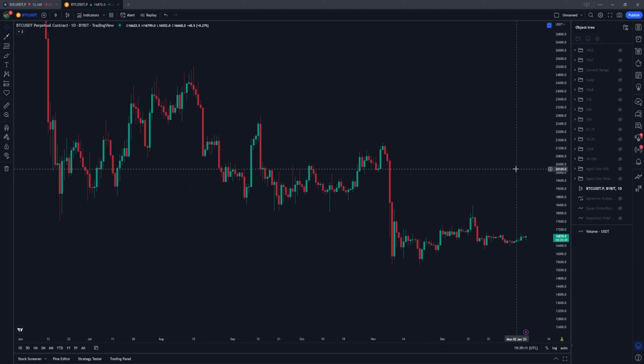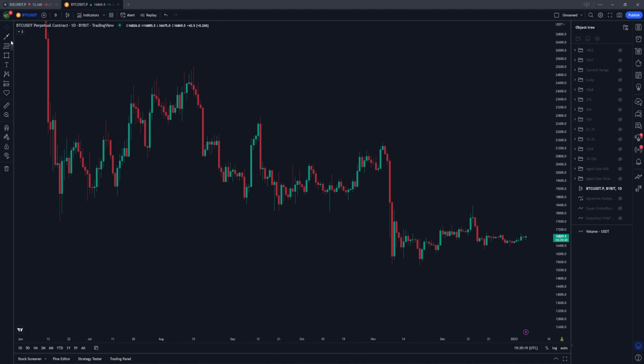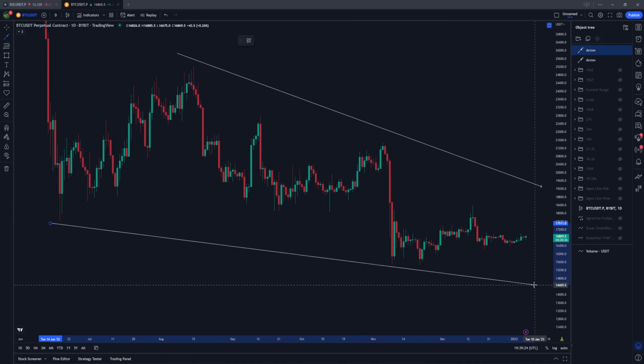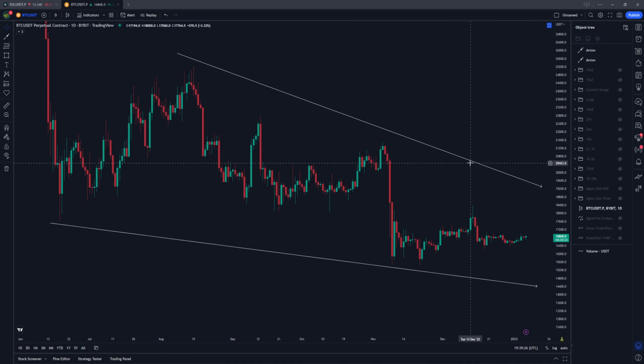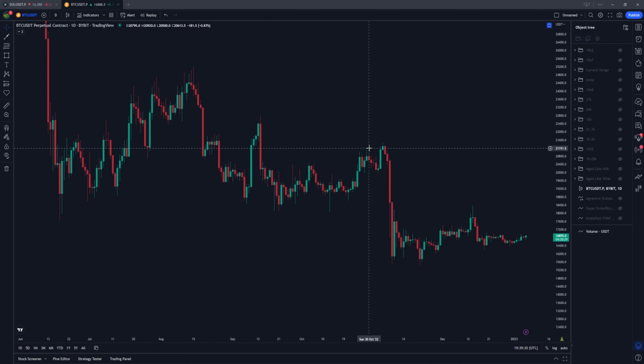In this video, I'm going to be looking at this current Bitcoin range we're in. It's a downward trending range a bit. You can see with lower highs, lower lows. It's a bit contracting as well. But in this video, I'm going to be pointing out a few levels that I'm looking to trade from